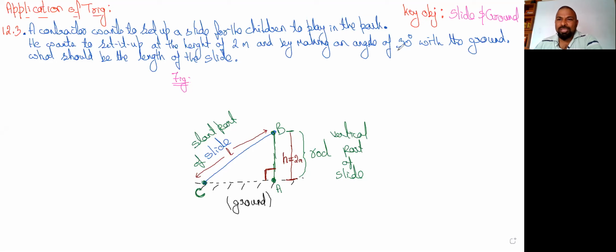It's clear cut. Now think about the angle, by making an angle 30 degrees with the ground. Now my question is, where should the angle be kept? At B or at C? Angle B is equal to 30 degrees, or angle C is equal to 30 degrees. Which is correct here? Angle B or angle C? I'm waiting for the answers. Yes, many are giving correct answers. It can't be at angle B.